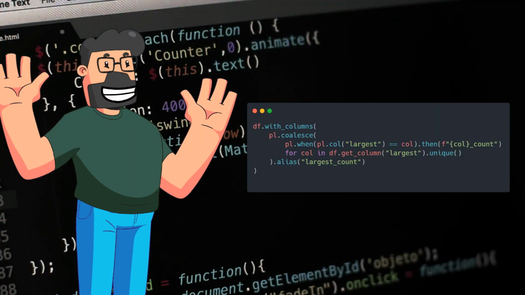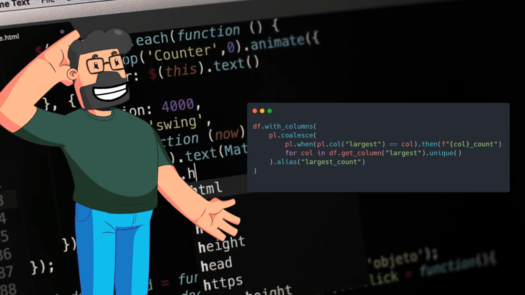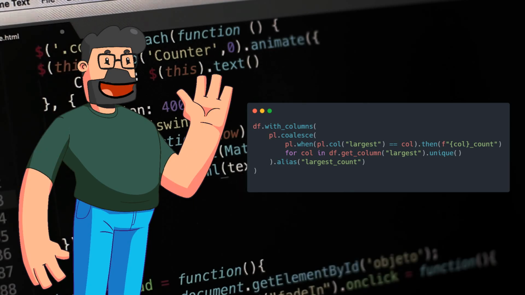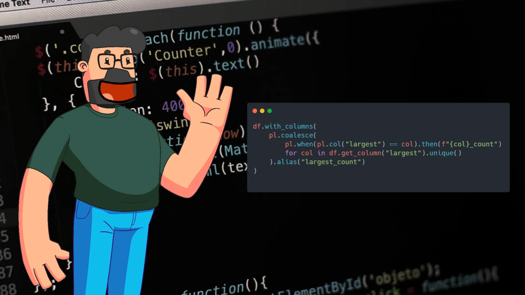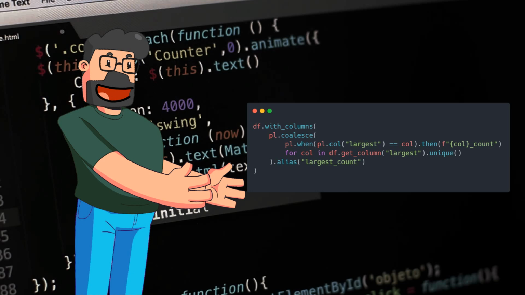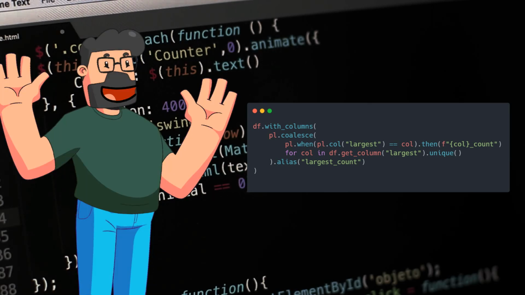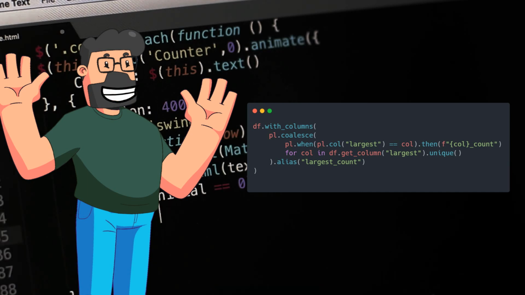Now, let's delve into the solution for this particular problem. The code snippet provided showcases a straightforward approach to address the issue at hand. By utilizing a generator of when-then expressions to create masked columns and leveraging the coalesce function to combine these columns, we can efficiently process the data. Additionally, a Python loop over the unique elements in the largest column is utilized to further enhance the manipulation of